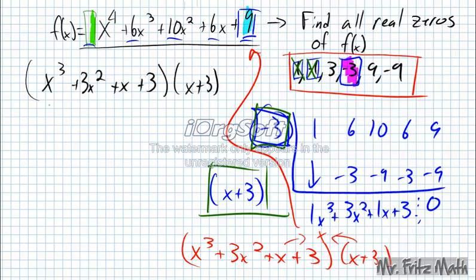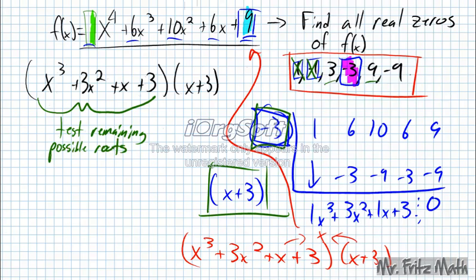I can take this polynomial and test my remaining roots, or my remaining possible roots, by testing the 3, the 9, the -9, or I could also test the -3 again. So don't forget, I could have a multiplicity greater than 1 of any of these factors. So I could use -3 again. I haven't necessarily eliminated it because it is one of my roots. So back to this. I could test the remaining possible roots, or